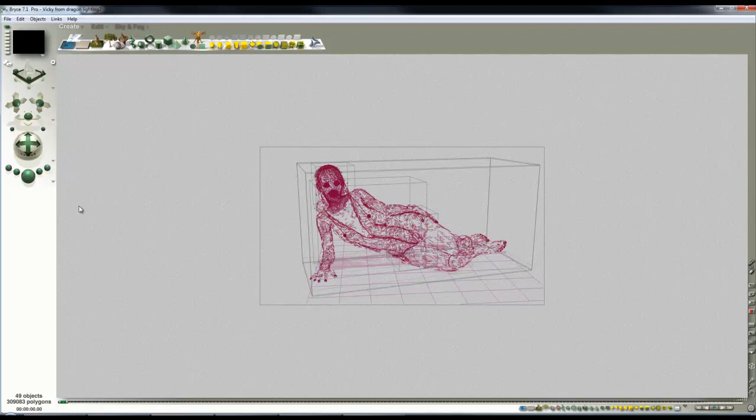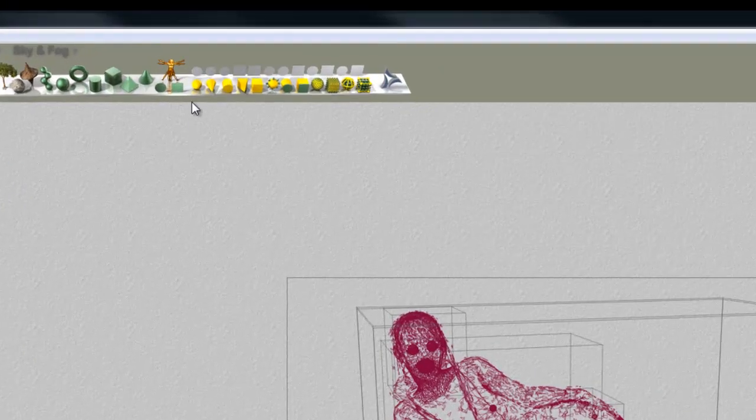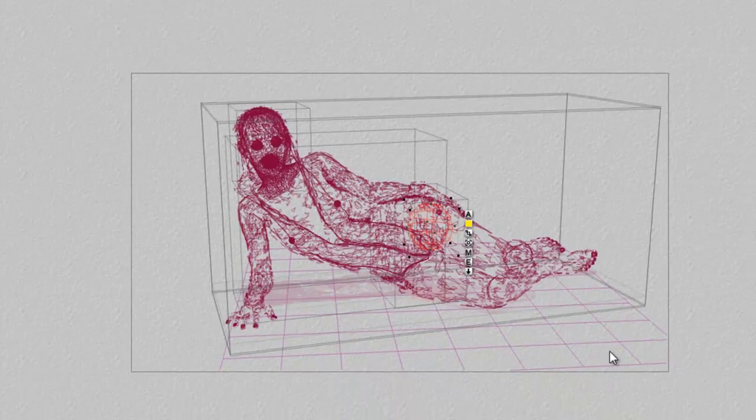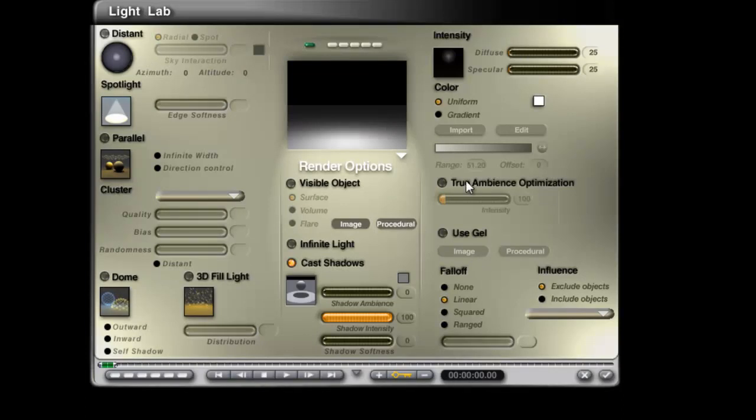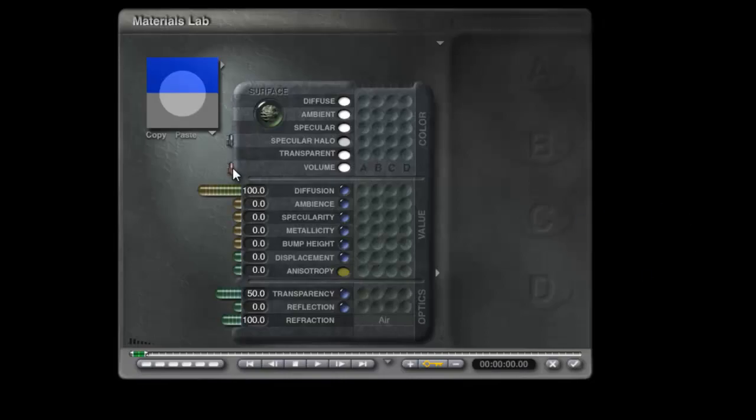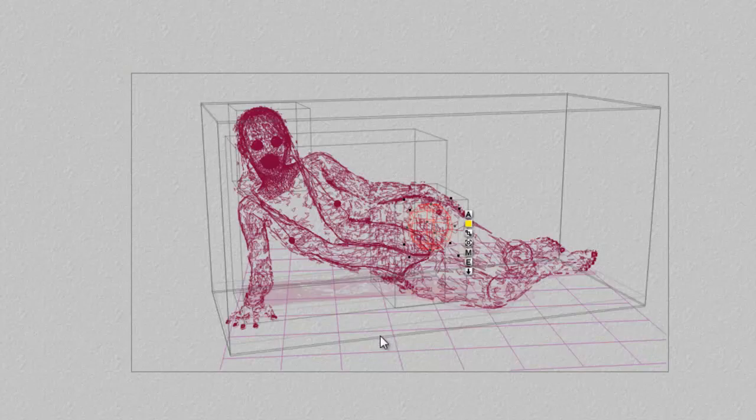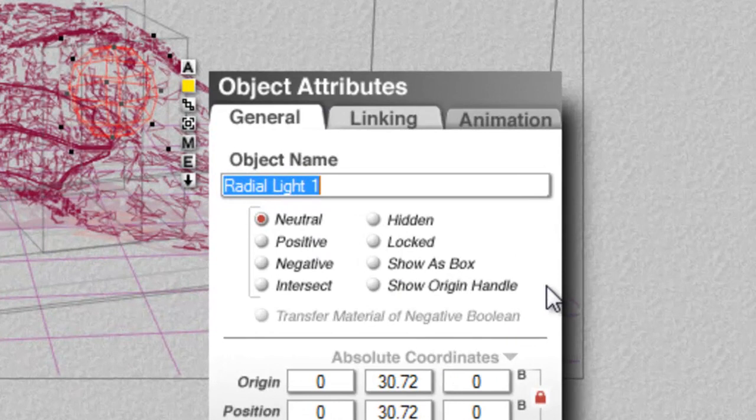So as things stand, I need my light source, so I create a radial light, edit it, true ambience optimization, use gel, include only the background, go into the procedural, reset the material. So this diffuse surface acts as the receptor for the light coming from the HDRI. Even though I'm going to use it as a background, I don't plan on having anything reflective in this scene, which will in turn improve render efficiency,